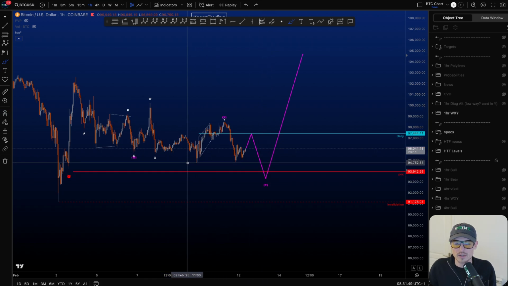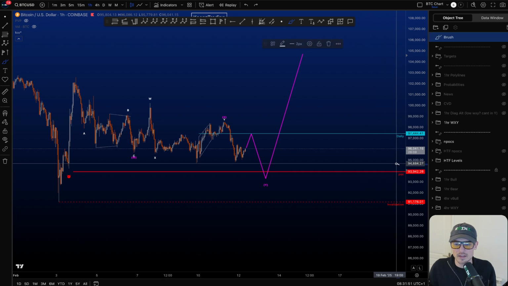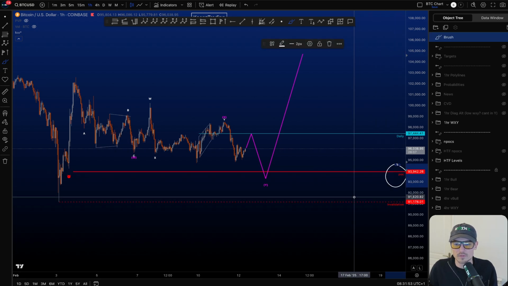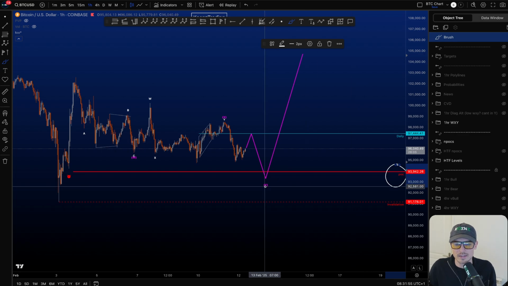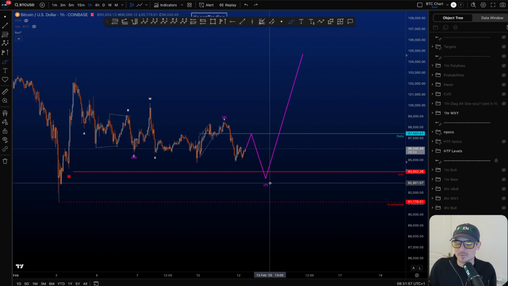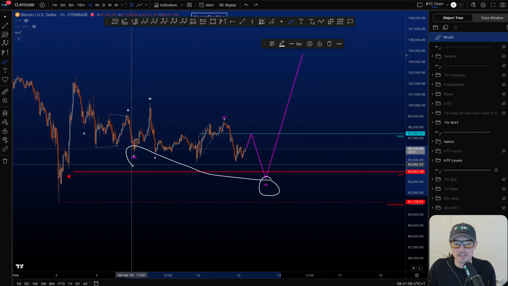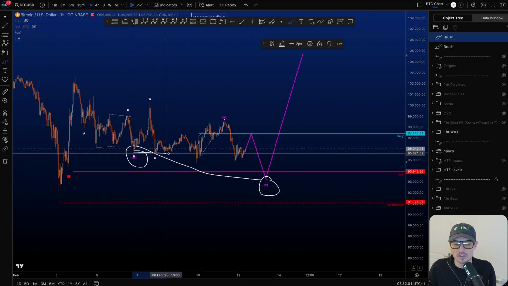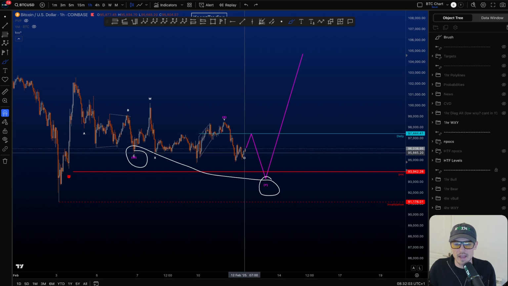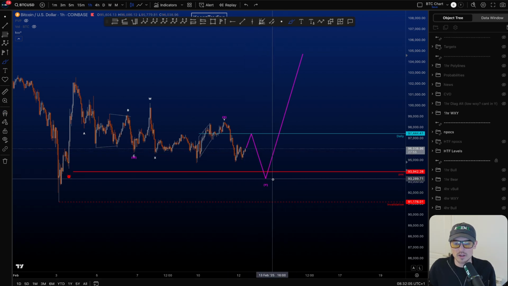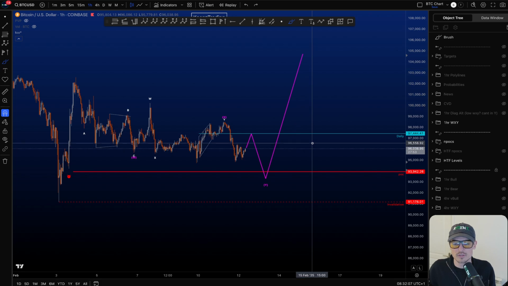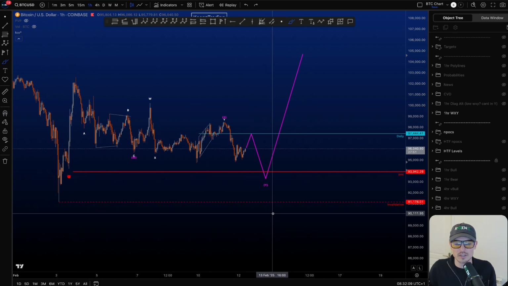Preferably this wave Y still takes out the lows here, and then you look for support on the point of control at 93.9k. The absolute minimum target for a wave Y, however, is taking out the low of wave W, which, if you pull a horizontal line, did happen. After wave Y, we look for an impulsive structure to the upside, and the invalidation is taking out the low